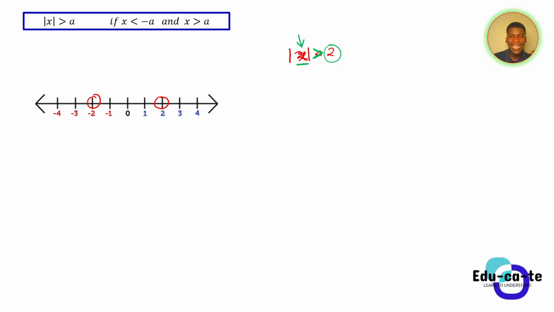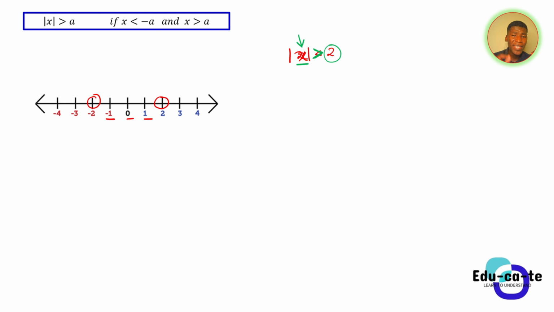But now I want an absolute value, or a distance, that is greater than 2. So I need to go away from 2. If I use a value such as -1, the absolute value of -1 is 1, and 1 is not greater than 2. So the values between -2 and 2 will not work, unfortunately. All these values, -1, 0, and 1, cannot work for the expression.